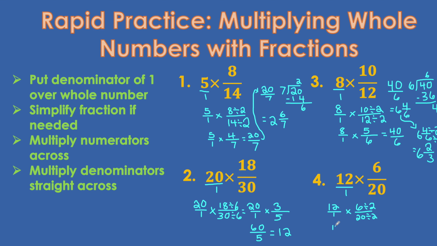And we get 12 over 1 times 6 divided by 2 is 3. 20 divided by 2 is 10. Multiply numerators across. 12 times 3 is 36. 1 times 10 is 10. This is an improper fraction, so we convert it into a mixed number. 36 over 10